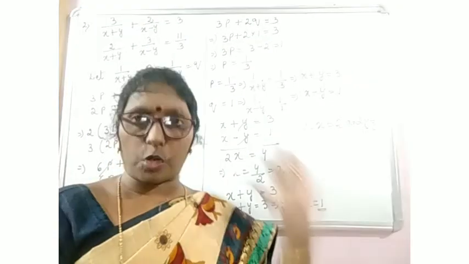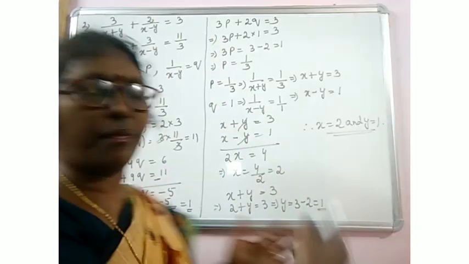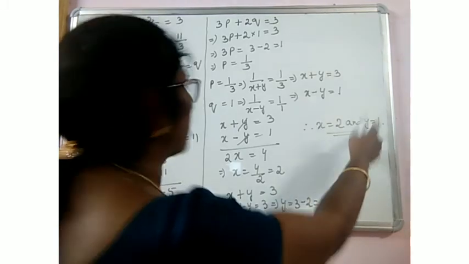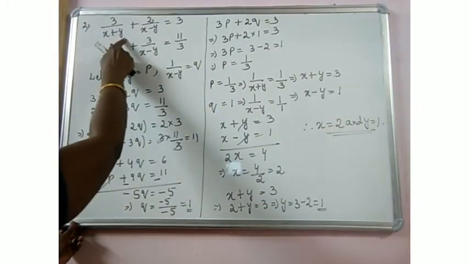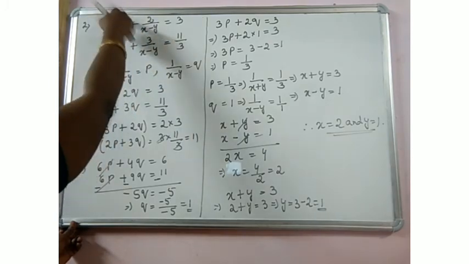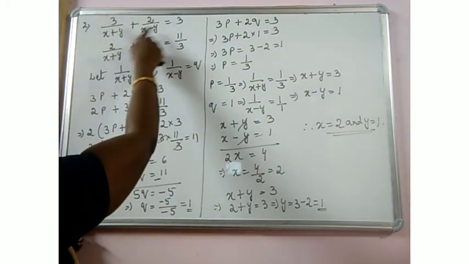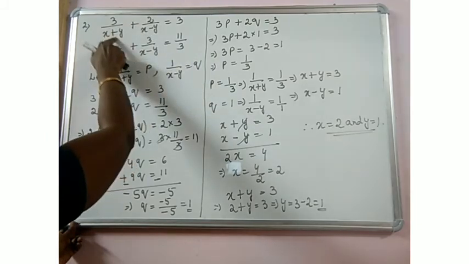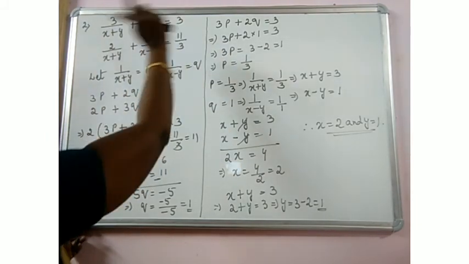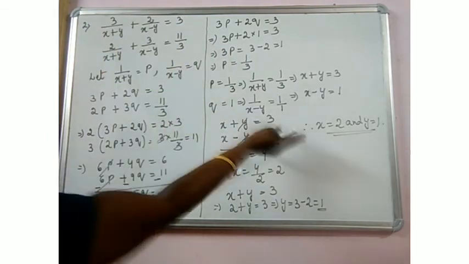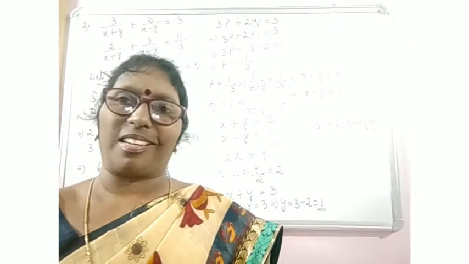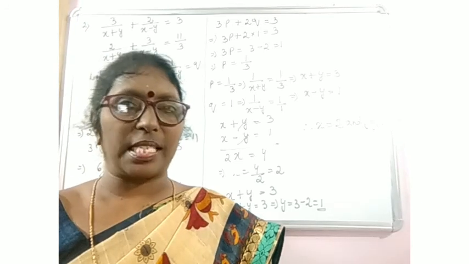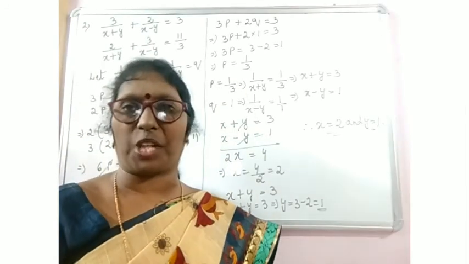And whether your question is right or wrong, no need to go through everything. These values of x and y, substitute here and see. See 2, 1 now. 2 plus 1, 3. 3 by 3 is 1. Its value is 1. Here 2 minus 1 is 1. 2 by 1 is 2. So you get 1 plus 2 is 3. So this is satisfied. Similarly here also you can substitute and see whether you are going to get 11 by 3 or not. If you are getting it, your answer is correct, no need to go through everything and check.